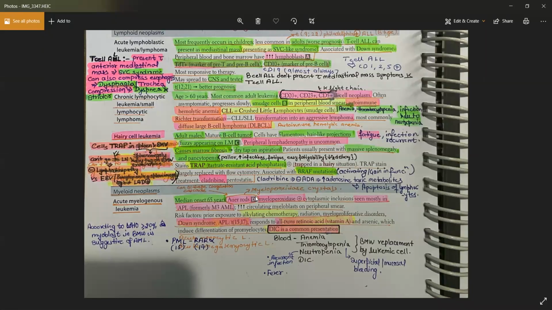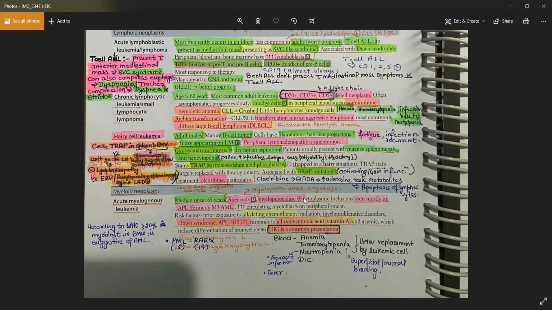Oxidative burst. Respiratory burst. Exactly, oxidative burst. Okay. So because these myeloid cells, mainly the neutrophils, are involved in the oxidative burst, you